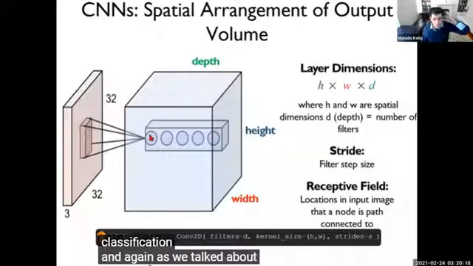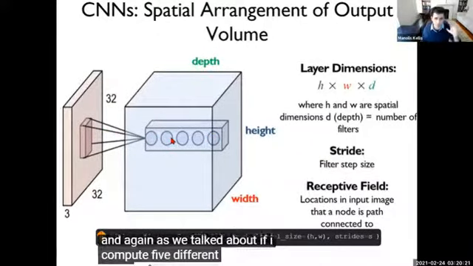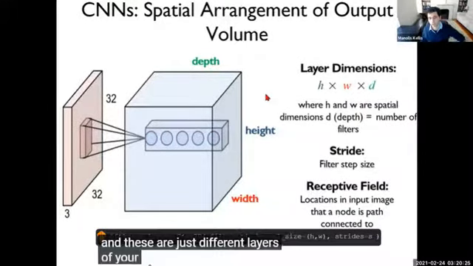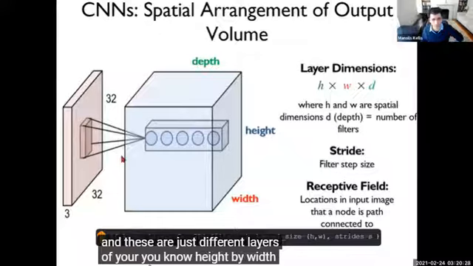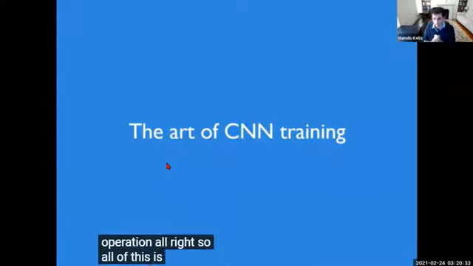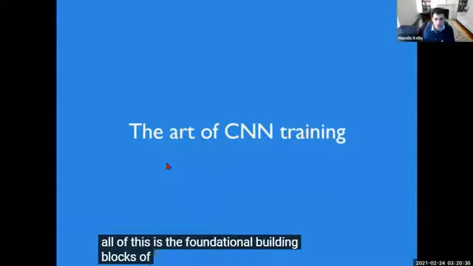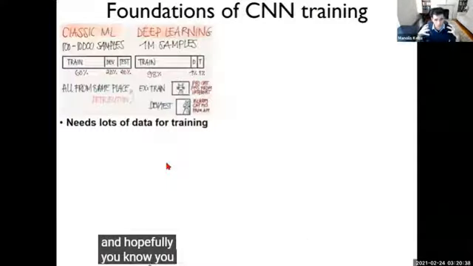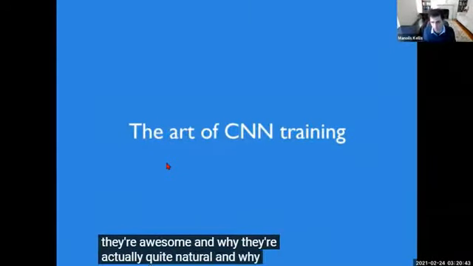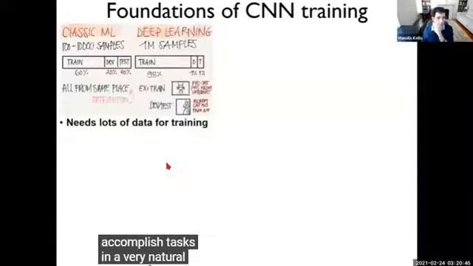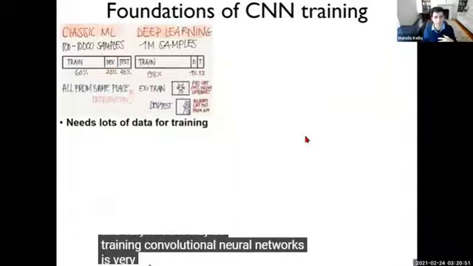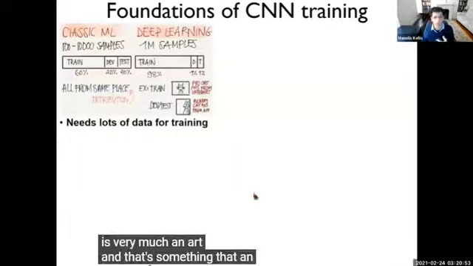And again, as we talked about, if I compute 5 different maps, I basically have a depth of 5, and these are just different layers of your height by width operation. All right, so all of this is the foundational building blocks of convolutional neural networks, and hopefully, you can sort of see both why they're awesome and why they're actually quite natural, and why they accomplish tasks in a very natural way. So training convolutional neural networks is very much an art, and that's something that an enormous amount of